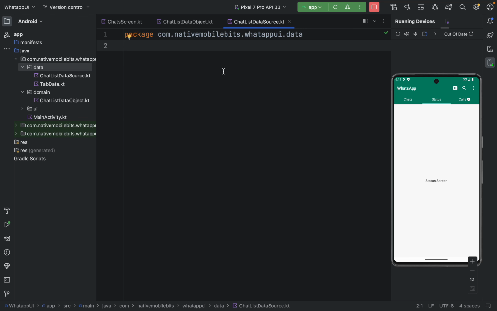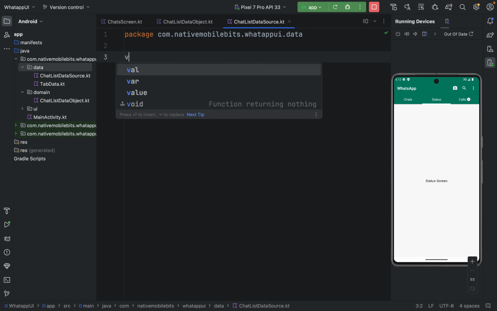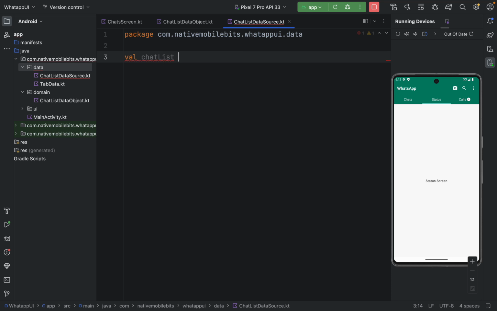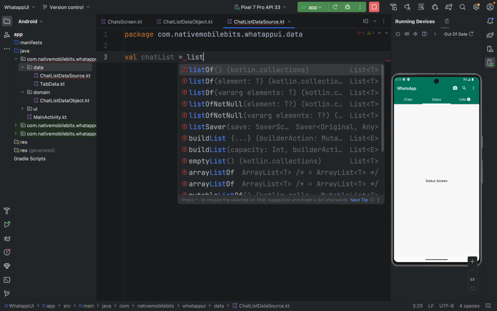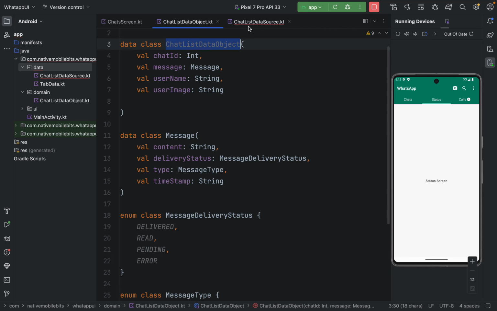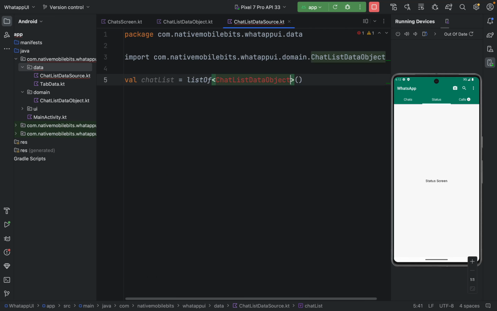But obviously for now I'm not going to use view model and all, so I'm just creating one list and it's called chats. Well, let's call it chat list and it is going to be a list of, we are just going to take our data object, we are going to add it here